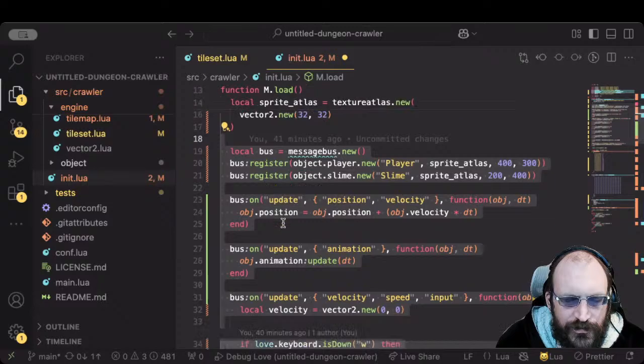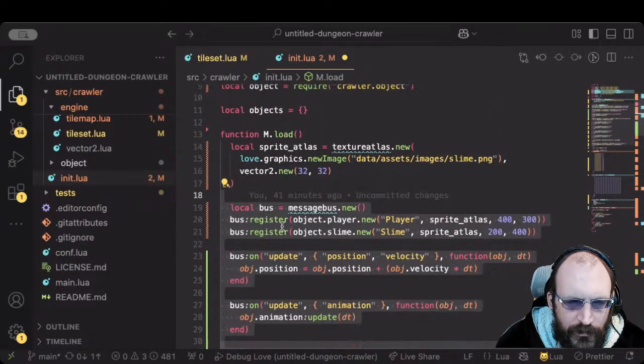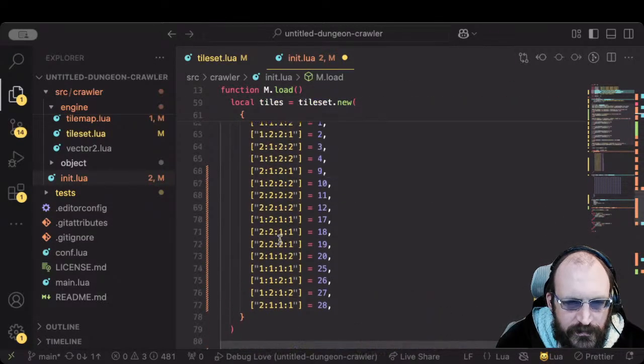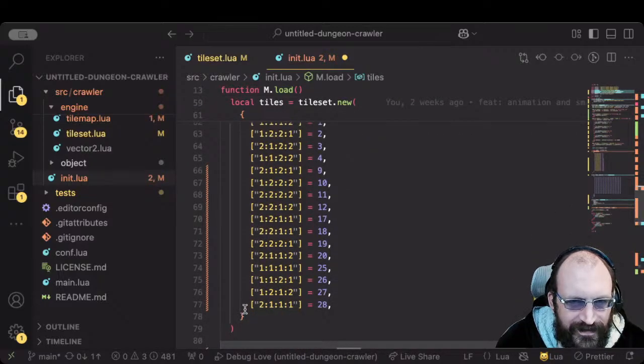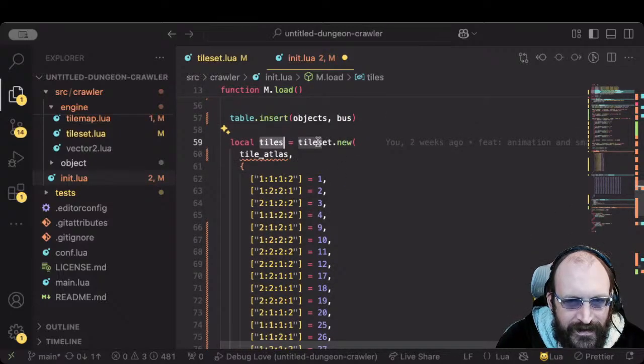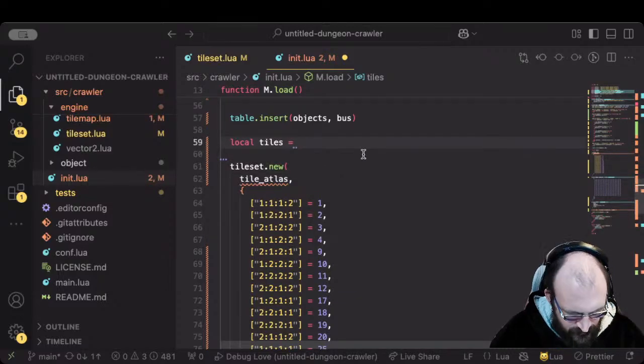I do like to try and make everything a message bus, but I'm not sure if it fits this. But that's a problem for another day. That can be next week's problem. But yeah, so now our tiles, instead of creating this, we go